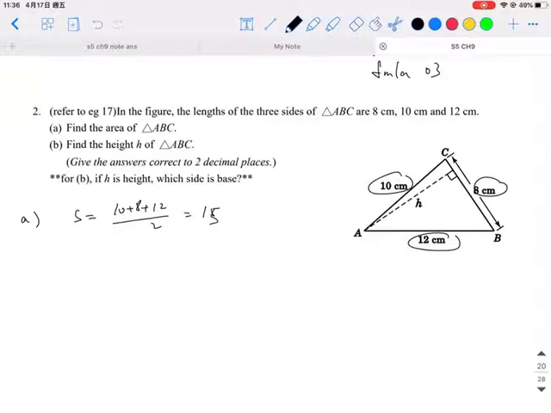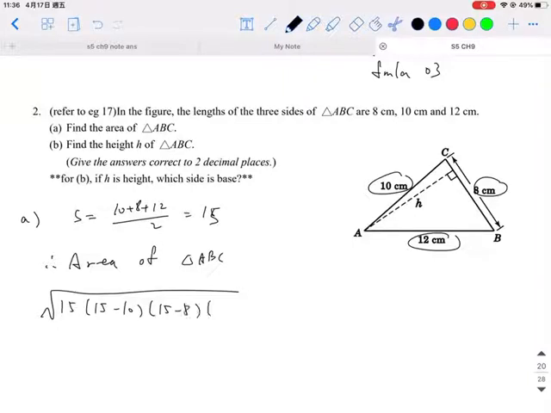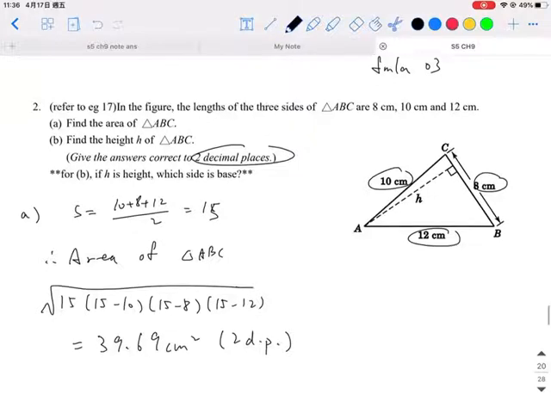And then the area of triangle ABC, we apply Heron's formula, and then you will get 39.69 cm squared, as the question asks. The requirement is 2 decimal places. So we finished part A, and for part B,